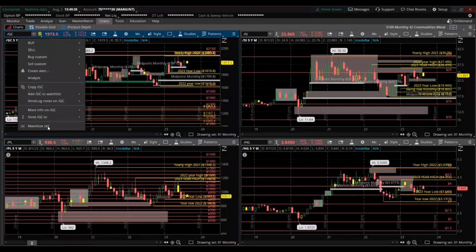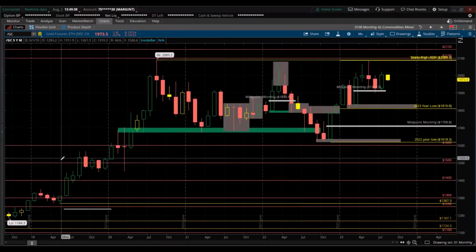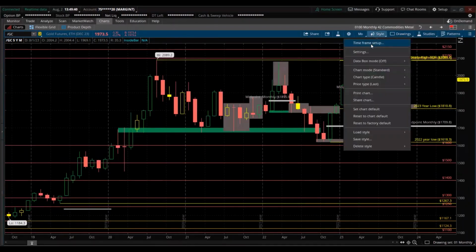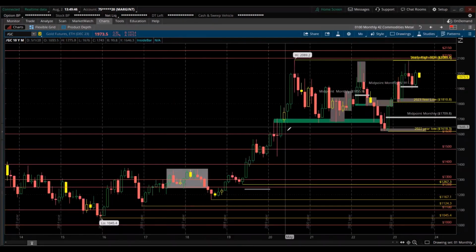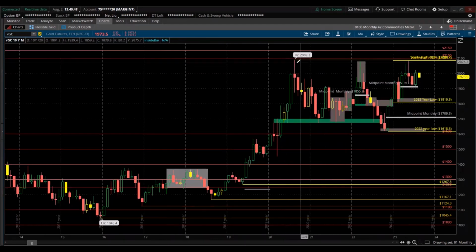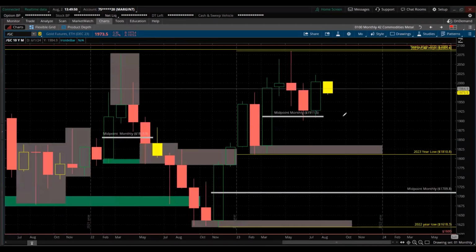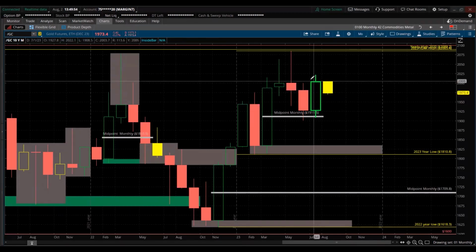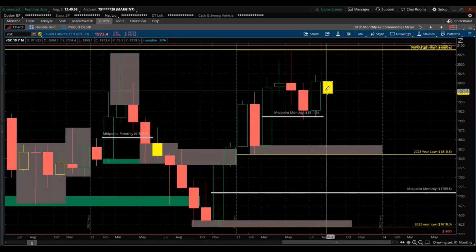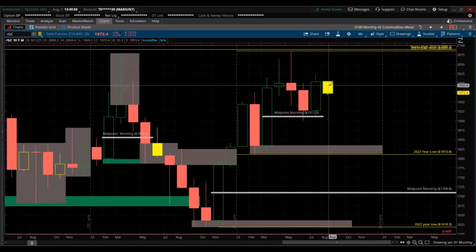Looking at metals, gold futures. Let's put this for the past 10 years. There we go. Past 10 years, gold. Here's the high. Month of July, big green candle, higher high, higher low. The current candle for the new month, just 2 trading days, is inside. Gold